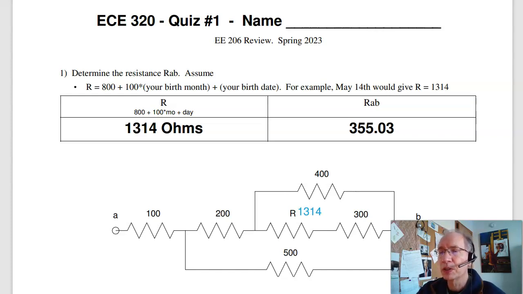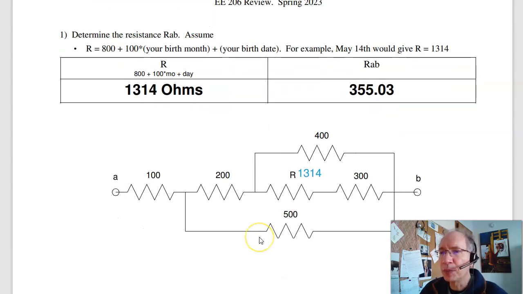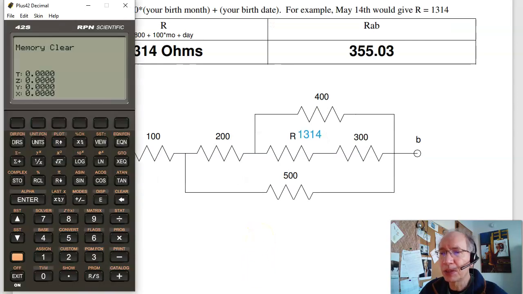Here are our solutions to quiz number 1 for ECE 320, Electronics 1. The first problem is adding resistors in series and parallel. Kind of like the Sp22 calculator, it's actually really easy to do this, especially when you get to problem 2, complex numbers. To use it, again, it's got a stack, and when you add, subtract, multiply, and divide, you're operating